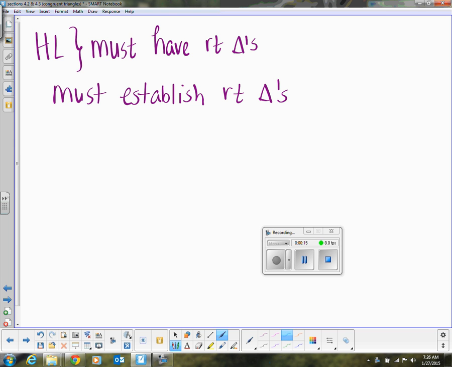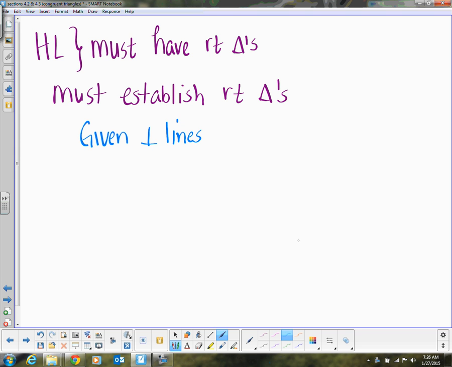Okay, so you may be given perpendicular lines. What do we know about perpendicular lines? They form 90-degree angles. So if we look at that very first question on your homework,